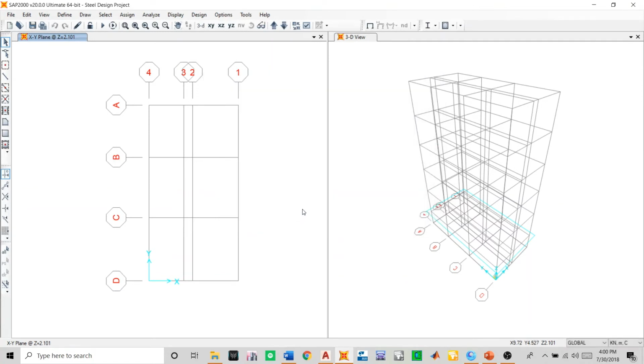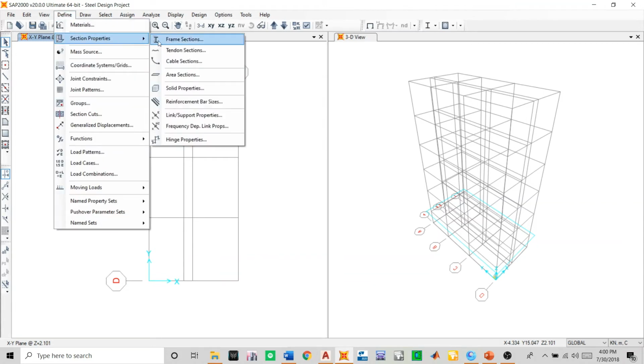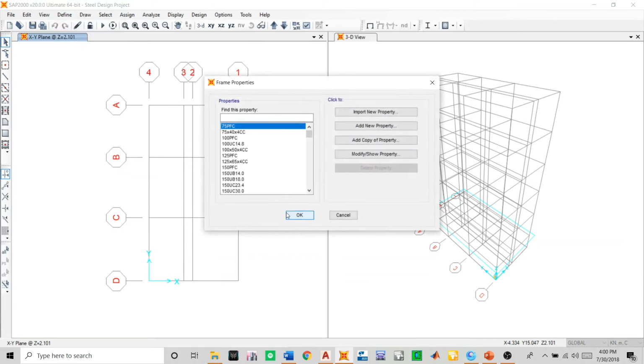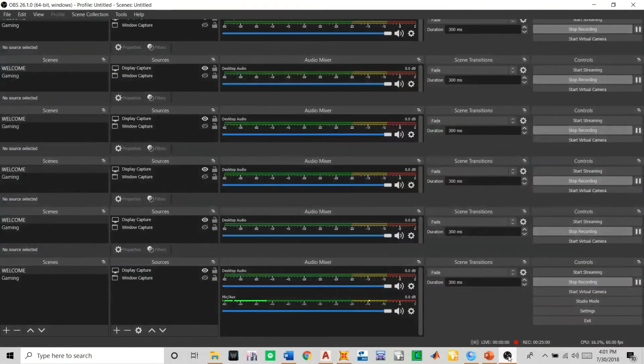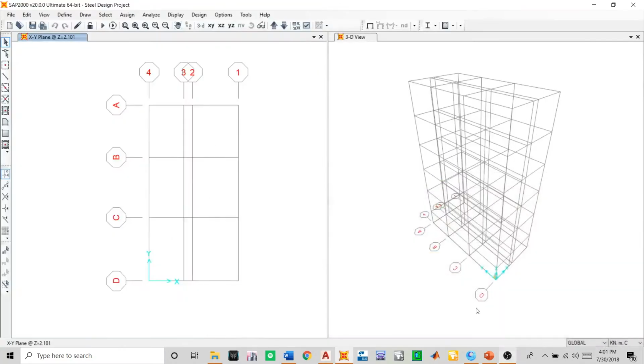Okay, let's save our model. Then we are going to assign our section properties in our grid. Okay, let's get started. But let me check how much time is left. Okay, first